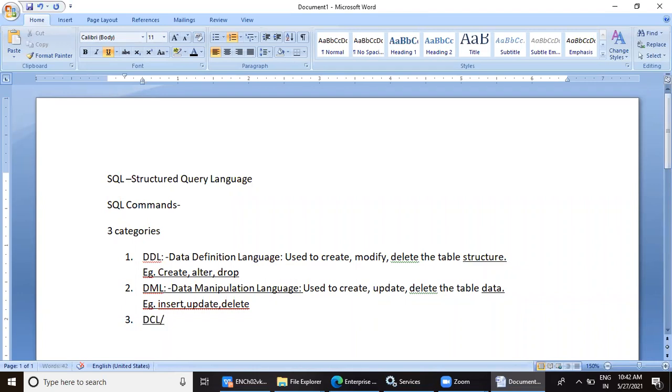Last one is DCL or TCL, popularly known as Transaction Control Language.